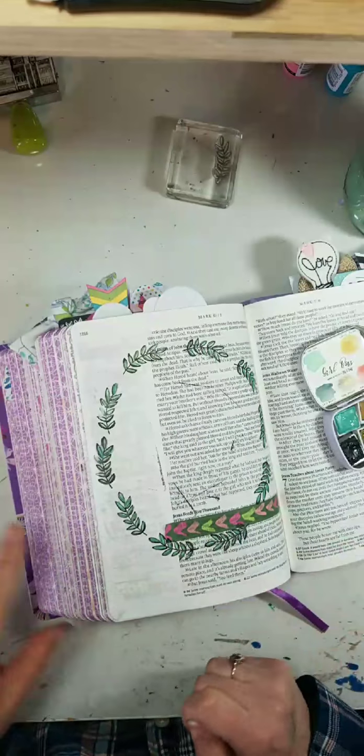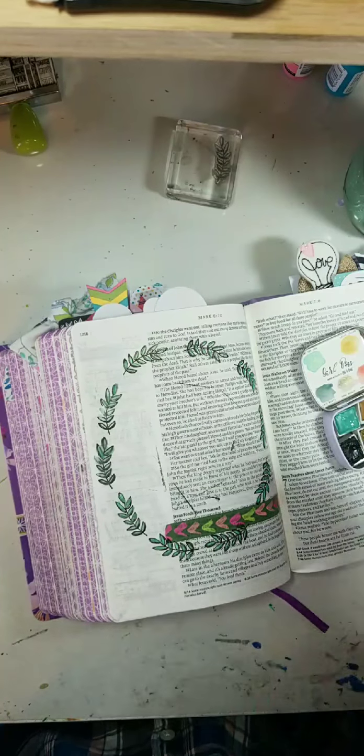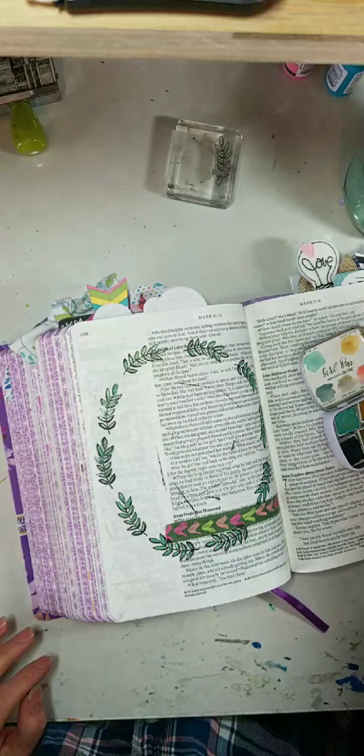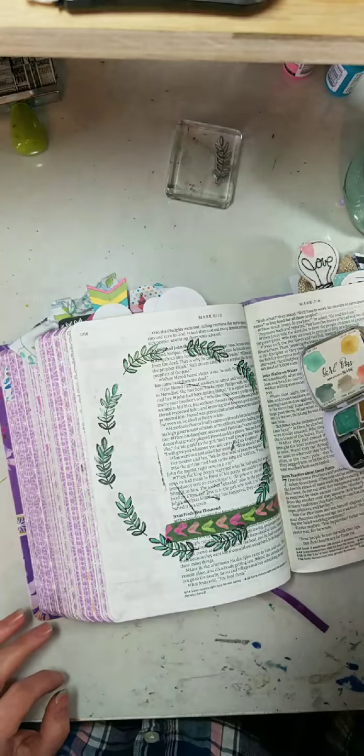I think I'm going to stamp my words real quick before I, actually no, I'm going to go ahead and do the background because I need to think about how I'm going to do the words. So we're going to grab this brush,